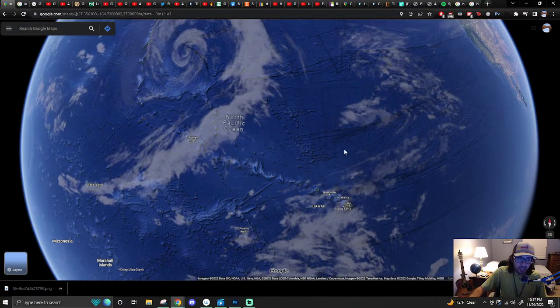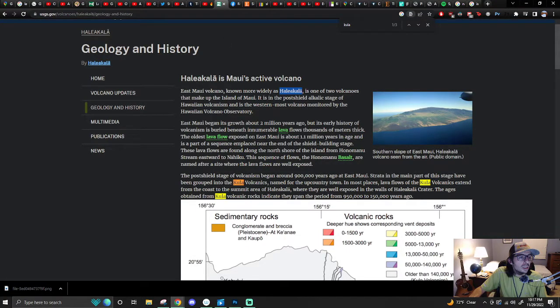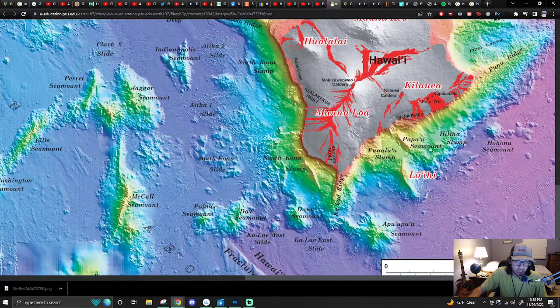Then there's, okay, that reminds me, let's go back to here. Nope, back to here. Here. No. Here. Okay, this is from Penn State University. I guess just a bathymetric topography type map. I don't know exactly what to call it, but these ones here